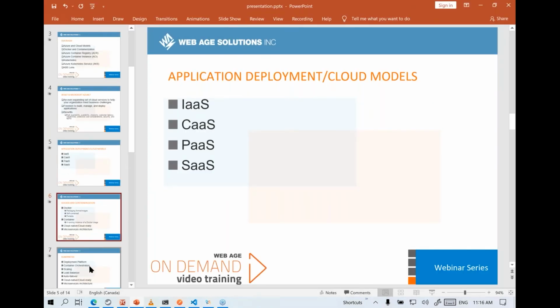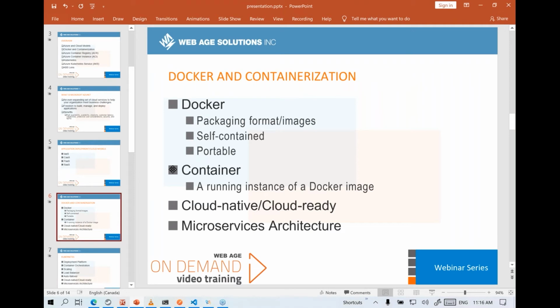So what exactly is container as a service? Container as a service, in a nutshell, utilizes a couple of very important and very popular technologies, such as Docker and Kubernetes. And Docker is what allows us to really focus on the containerization concept that we can later on deploy to Kubernetes. So the question is, what is Docker and what is containerization? Before I talk about Docker in detail, let's talk about this containerization concept in a very generic manner.